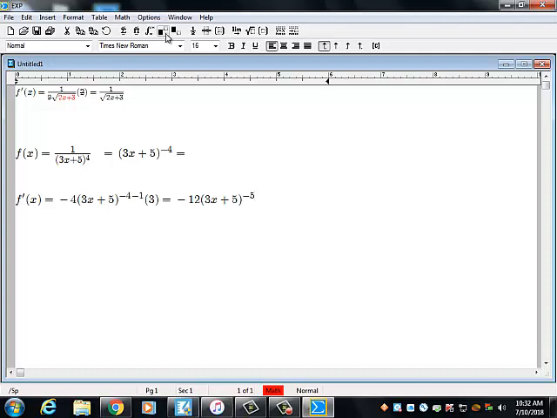And you're done. You don't have to change it back to a fraction, so you could leave it like that. If you wanted to, you could write it as negative 12 over (3x plus 5) to the fifth, and that would be an alternative form. Notice that the negative 12 stays on top because only the 3x plus 5 is being raised to the negative